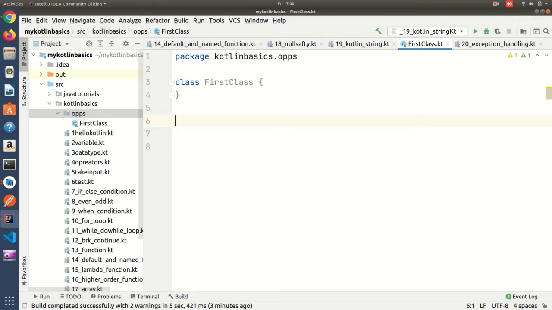Suppose I take the example of a dog. A dog has state, meaning some properties, like the dog's color is red, the dog has 4 legs, 2 eyes. So these are the state of the dog.